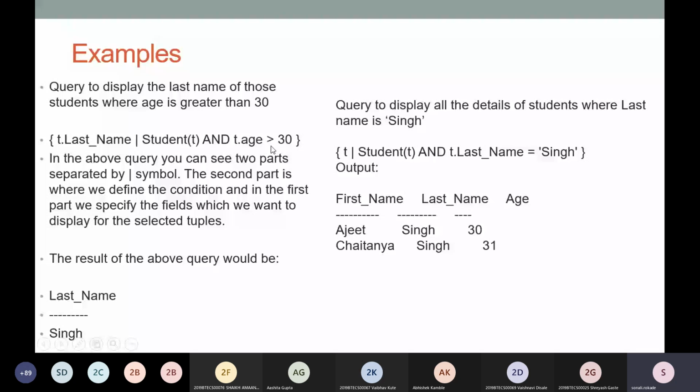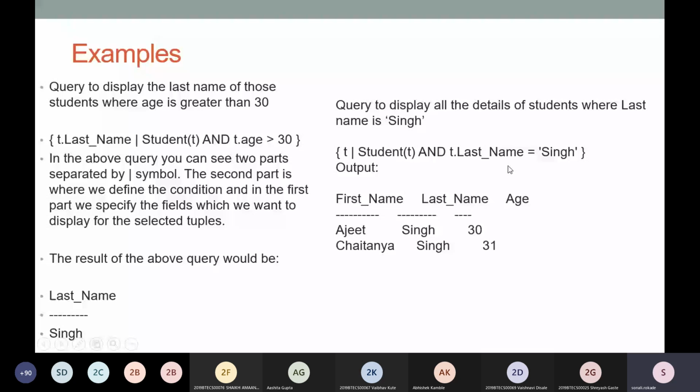This will be the first output. In the second one, we have to find all the details of those students where last name is Singh. So we will find the tuples from the table student, and there is a condition T dot last name